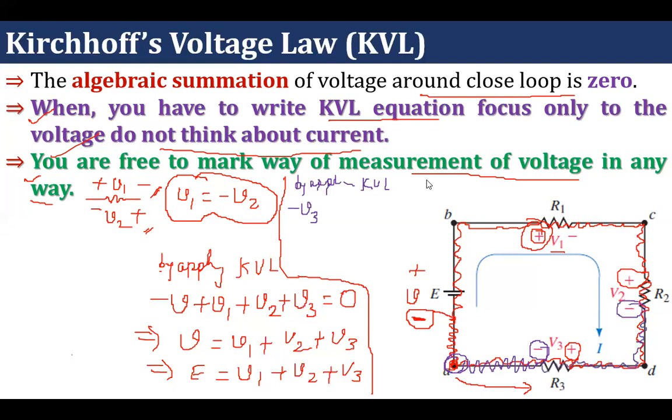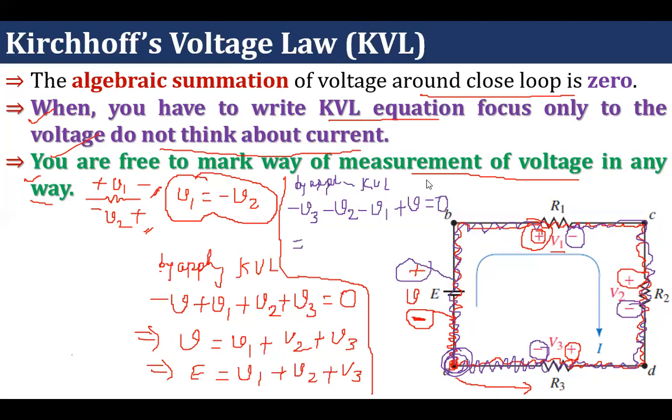Then I will go ahead. Which sign am I able to see? Minus. So minus V2. Again I will go ahead. Here I have reached. Again I am able to see minus sign, so minus V1. Then again I will go ahead. Here I am able to see plus, so plus V, and then again I will go ahead. Okay, I have reached the same node. So I completed a loop. All these voltages should be equal to 0.